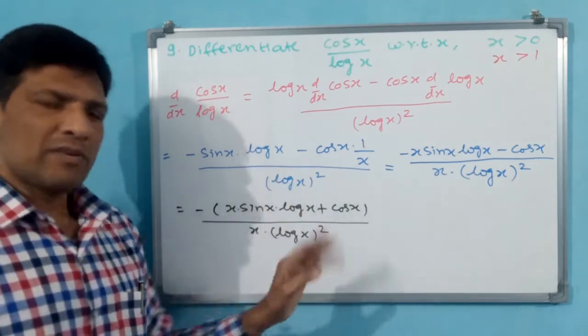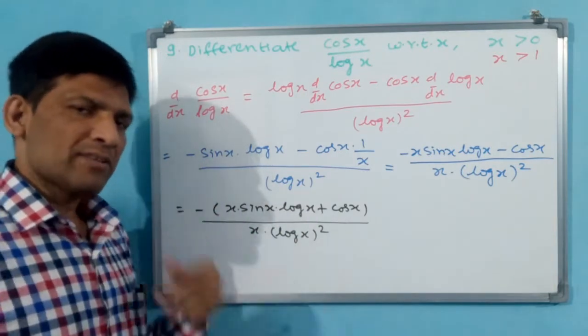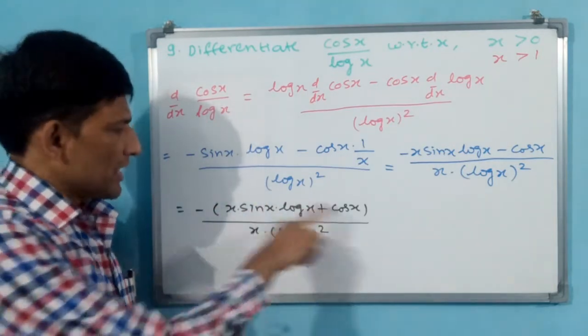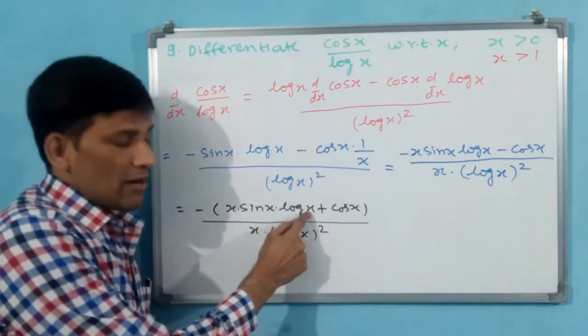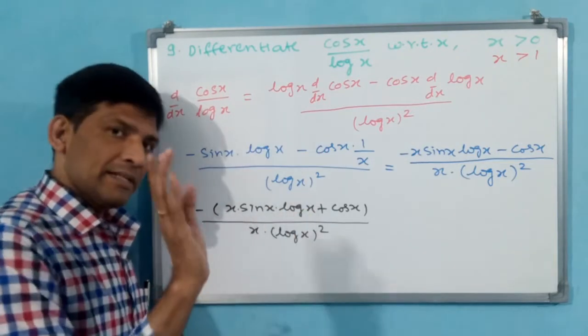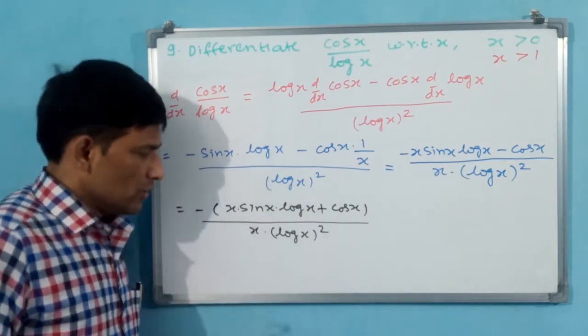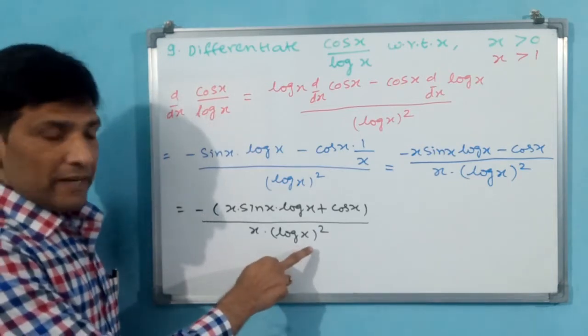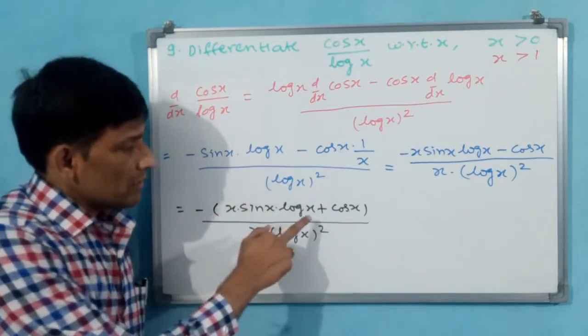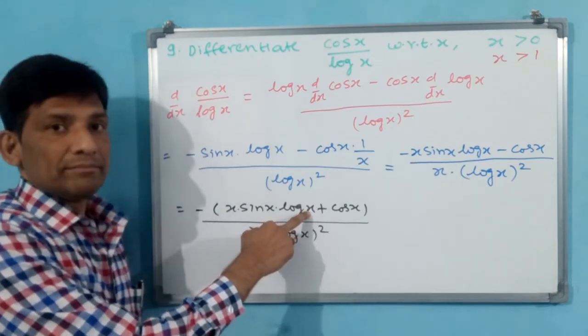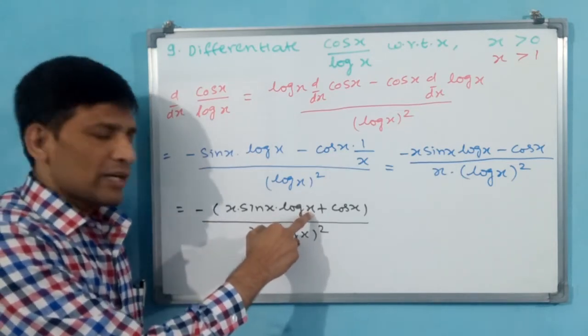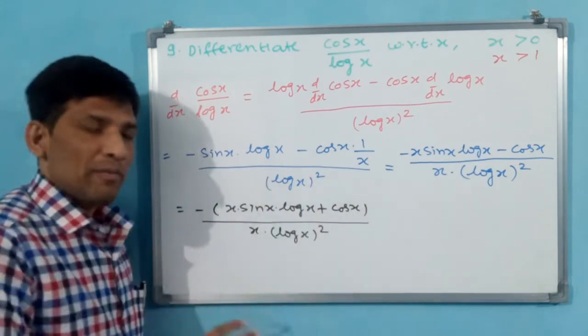Numerator is 1. It may be 0 or minus or plus, that is a different case for the numerator. But it should exist. Log of minus x you cannot give. That is why x is greater than 0, we know. But if it comes here, x is greater than 0, but you have to write x is greater than 1. For the numerator, you can write x is greater than 0. Even if 0 comes, there is no problem. For the denominator,